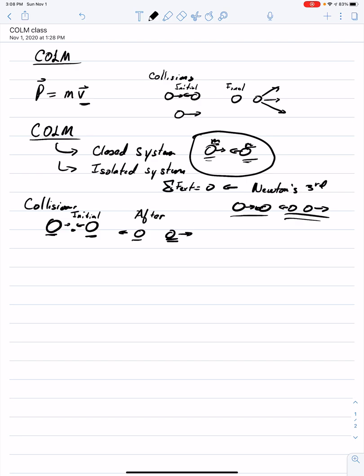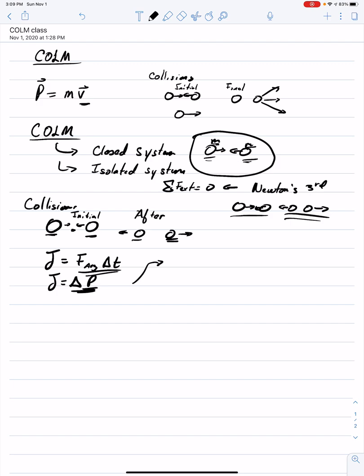It is different with impulse, and I'm only bringing up impulse just so you can understand. Impulse, J, is equal to the average force times the change in time. So impulse is different, and it can be written as change in momentum, because in impulse,